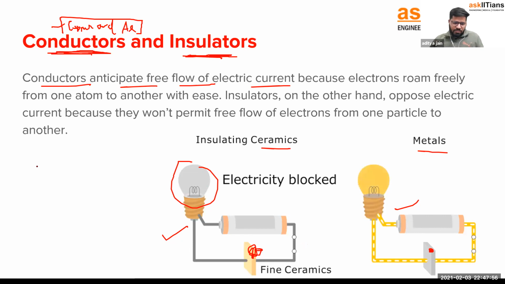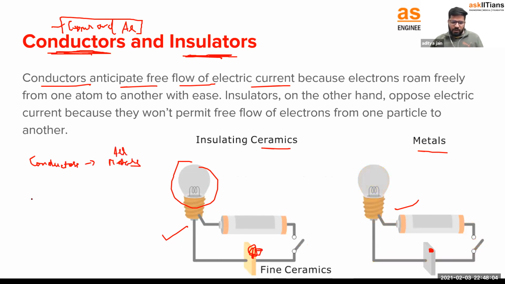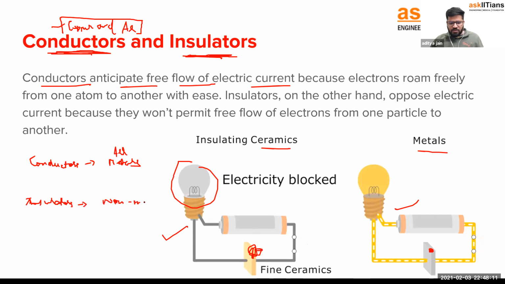So if I give you examples, basically conductors are metals. You can say all metals are good conductors. Okay, and if I talk about insulators, then non-metals are basically insulators. So all metals are conductors and non-metals are insulators. The only exception here